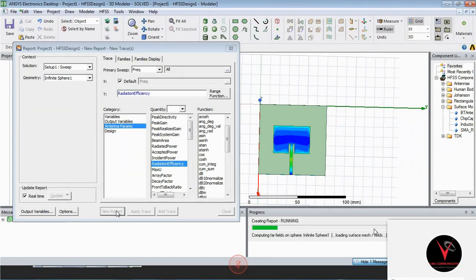Eta is equal to that, meaning gain is directly proportional to directivity. So G is equal to eta into D, so eta is the constant here. So eta is equal to G by D into 100%, which gives you the efficiency of the antenna. So here we got an efficiency of 62%. Antenna efficiency is 62%, because we need to optimize this antenna for a high efficiency with high directivity.